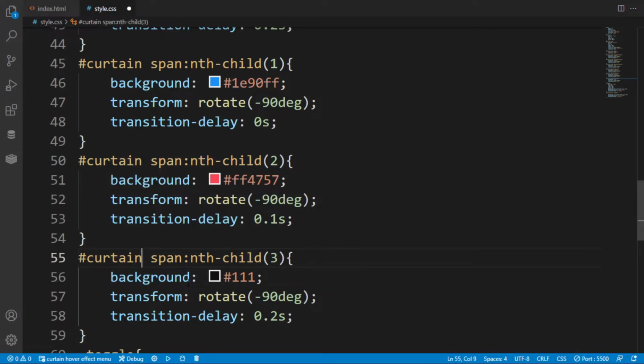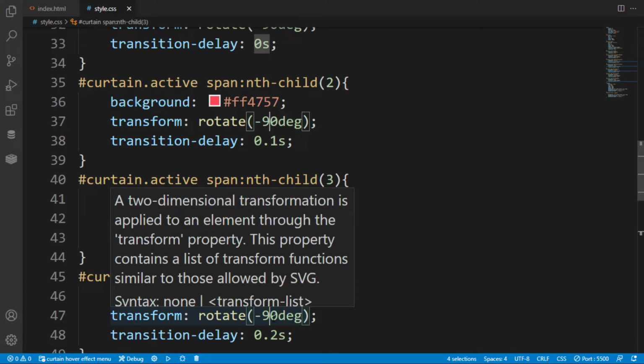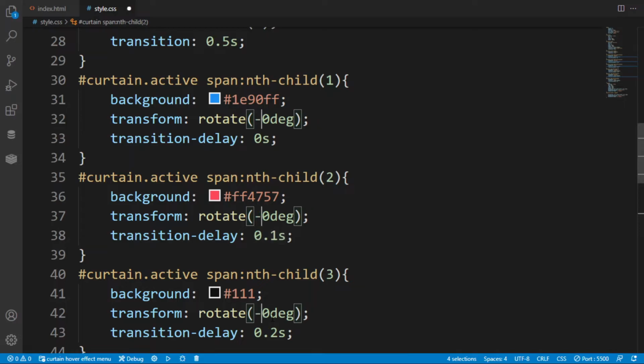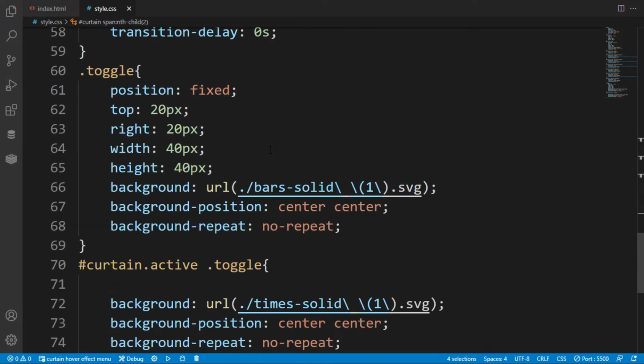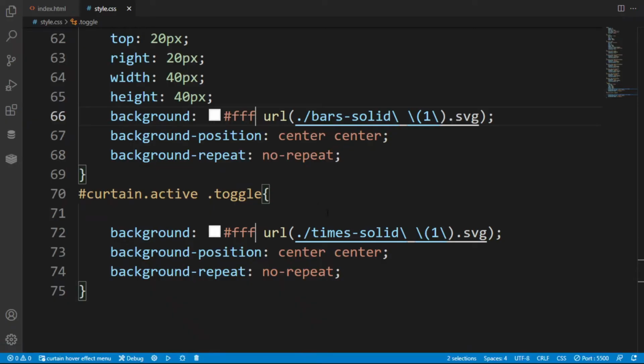Now here in this just cut this extra part of this thing. And the second thing that I want to remind in this video is that I have also provided the source code of this tutorial, please check it out. So here in this I have changed the transition delay, because all the things that I have created, the transition is with the help of the transition delay. So you have to think twice before using the transition. So here as you can see, when I click this button there is the curtain effect with a smooth effect, but there is still a problem, our content is behind this curtain. So now I have changed the background so that it will look pretty well.